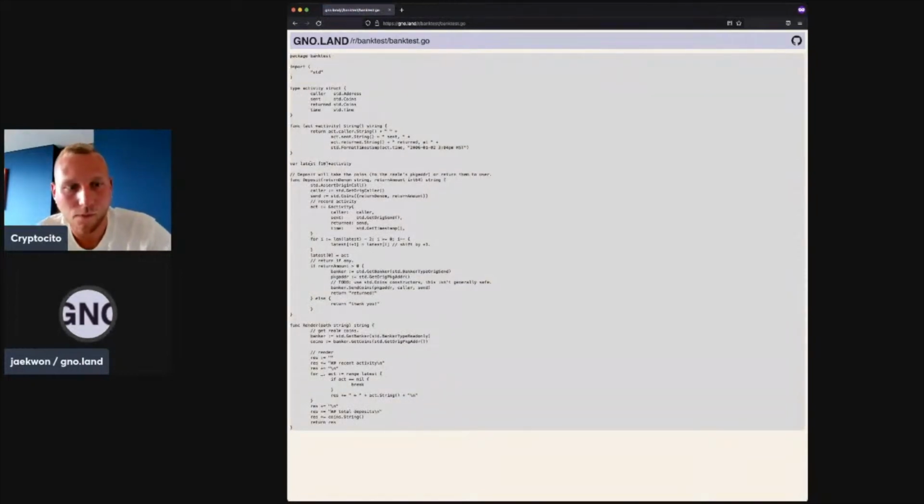So just to go over some Gno internals, I'll describe what's going on. Every package can have its state, right? So in this r/banktest realm package, it's got its own data. The only thing it stores, the only state it has, is this latest variable, and that's it, really.